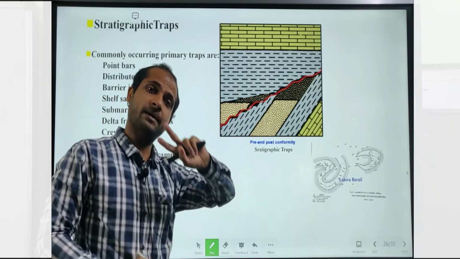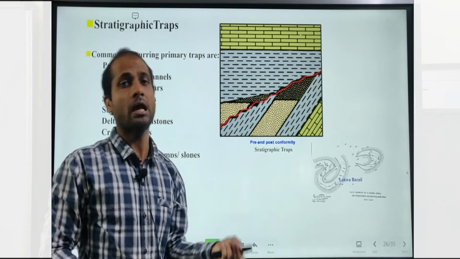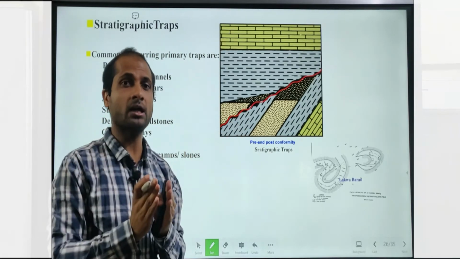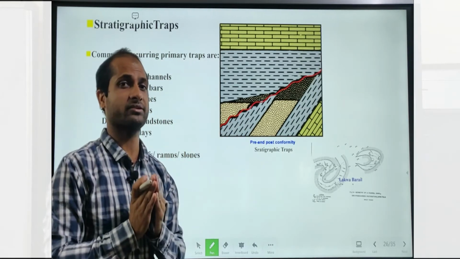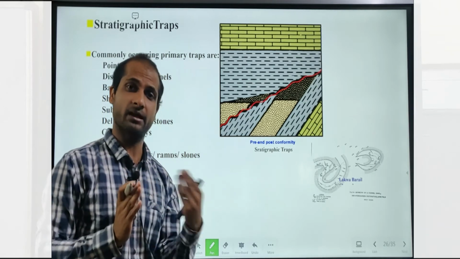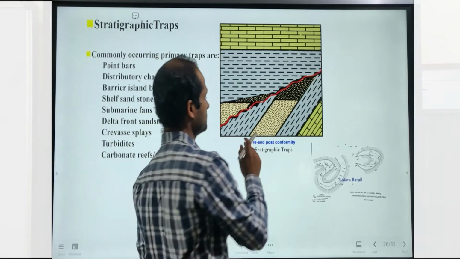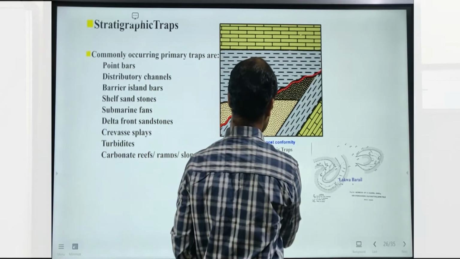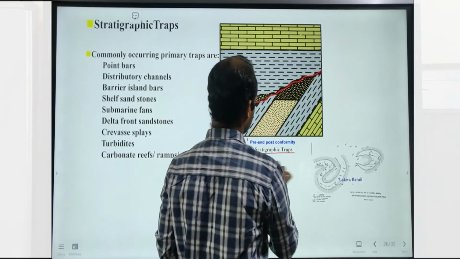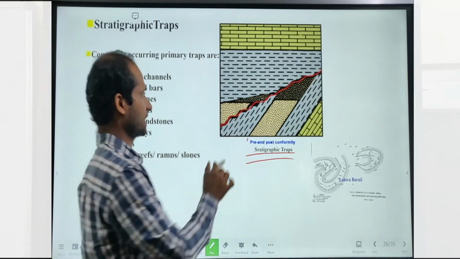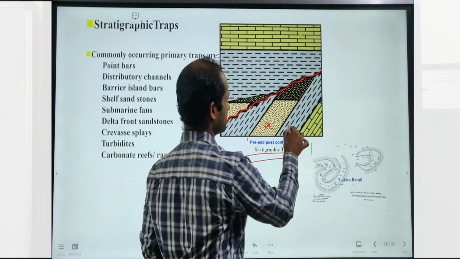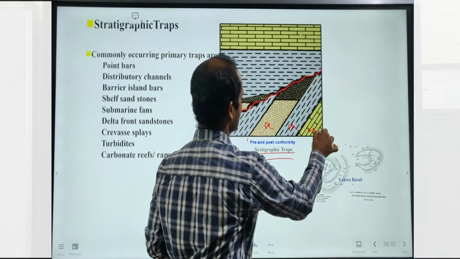separate. When we have two different depositional settings and they are coming together for the formation of a stratigraphic trap, then we categorize them as a secondary stratigraphic trap. So this is a kind of secondary stratigraphic trap, where this is sand and this is shale, this is limestone, and